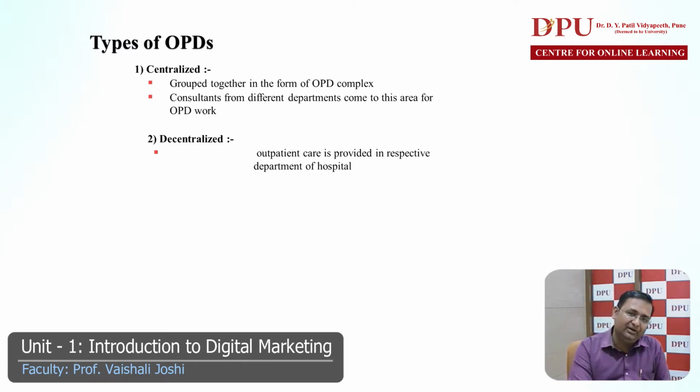Now, what is a decentralized OPD? Outpatient care is provided in the respective department of the hospital. For example, a gynecological OPD may be attached to the labor rooms, the gynecological department, and the mother and daycare department. This is called the decentralized OPD. First of all, I have to clarify the advantages of the decentralized OPD. When you are treating a gynecological patient,